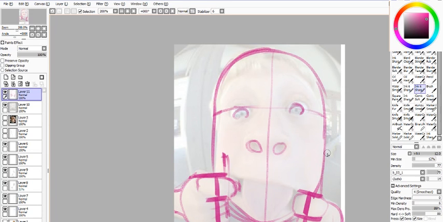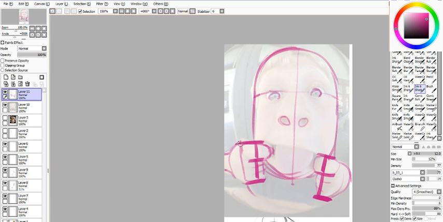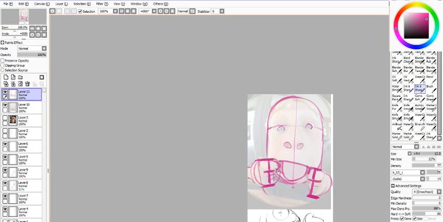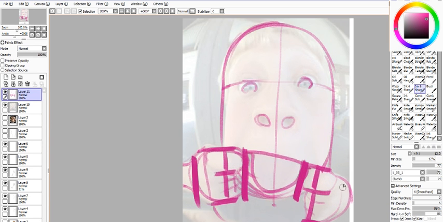So with the hands, the fingers, you can get an idea of what the shapes are and how small they are. You know that if you draw the hands bigger than the mouth, you're wrong. The mouth is larger. Mouth and tongue is larger, or even nearly the same size.